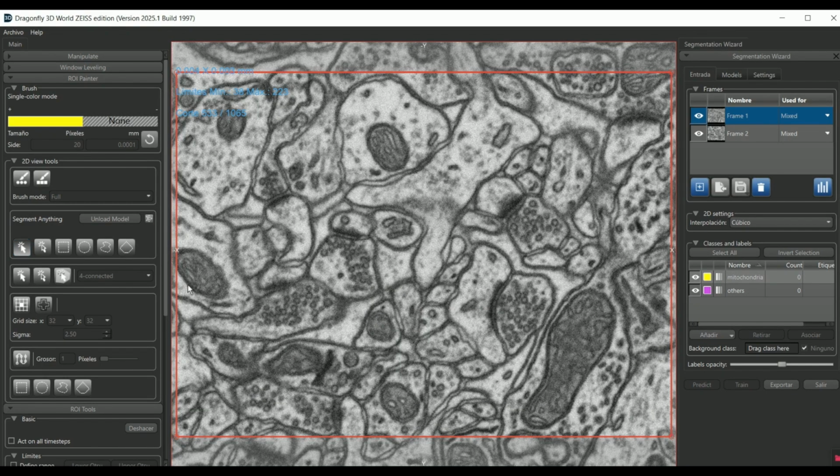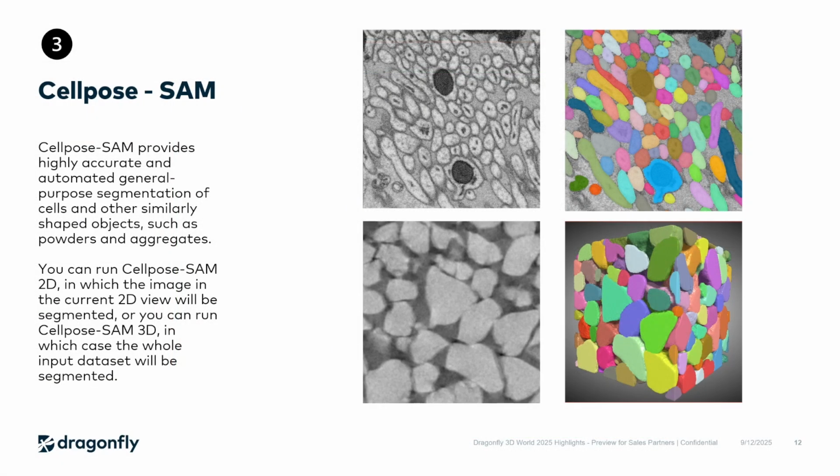The example on screen shows exactly this use case, where the Segment Anything model, within the segmentation wizard, is used to annotate specific features in the image, such as the mitochondria cells in this dataset. There are a variety of ways to use this new model, but at its core, it allows you to simply click and segment. You can also use different regions that would also segment the mitochondria or the region for you.